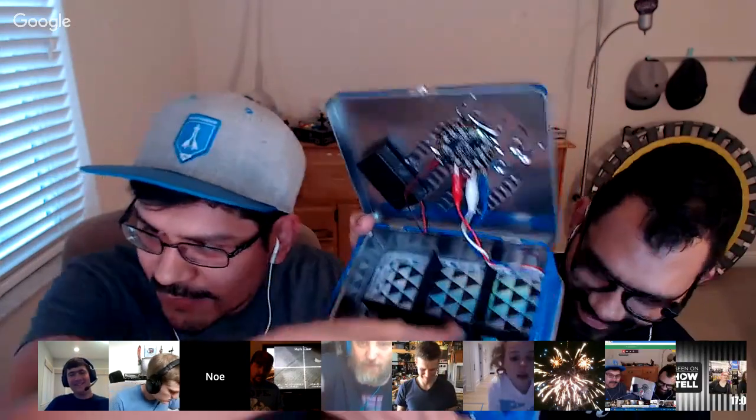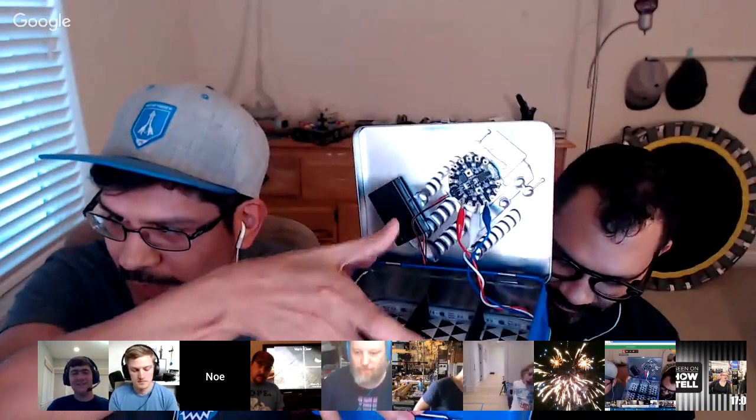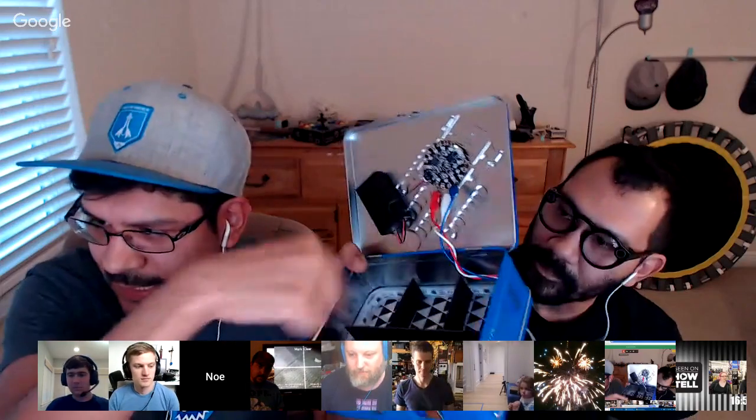So if I open it up and turn it on, let me turn it on first. Hold on, if you can hold it up. I would help, but I'm stuck in slime. It's the problem with slime projects. There's a lot of room that you can put in here. So we've got this little divider that we cut out of chipboard, and we have the Circuit Playground Express mounted up there with the battery pack. And there's actually a NeoPixel strip lined in the inside. So the idea is if you open the box,